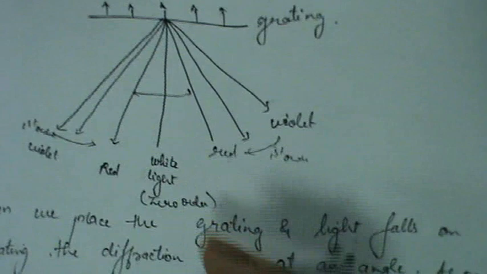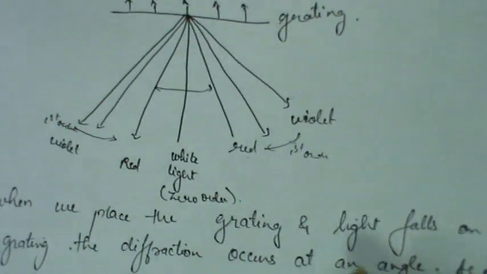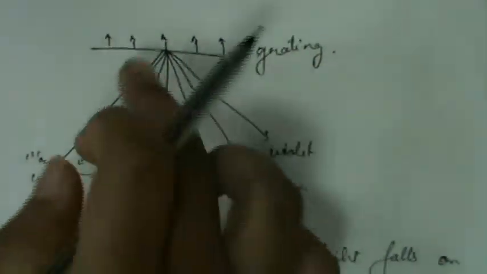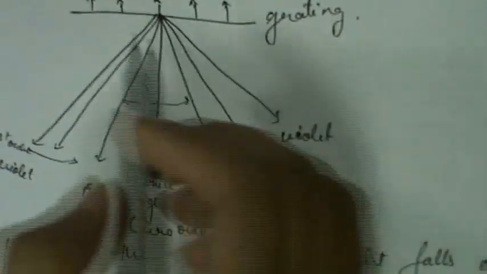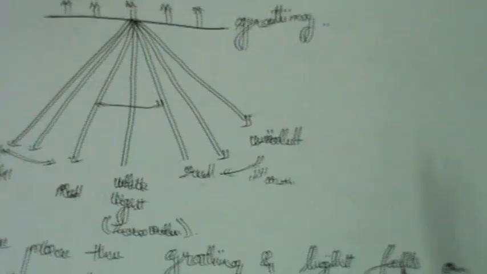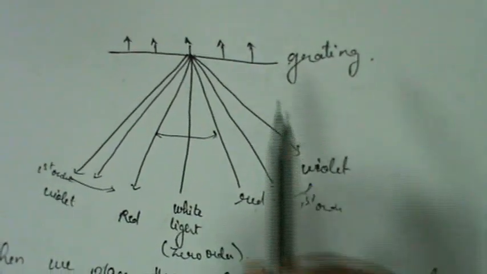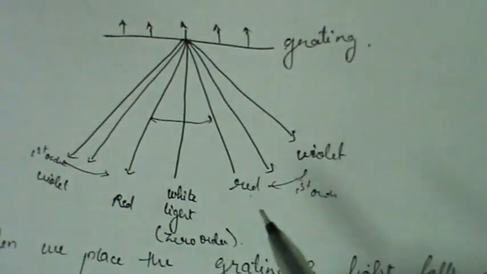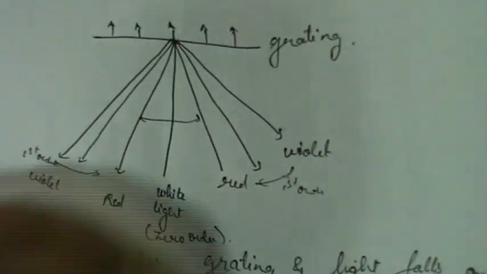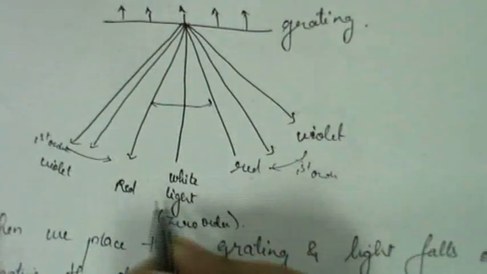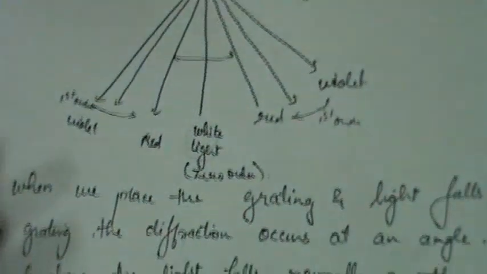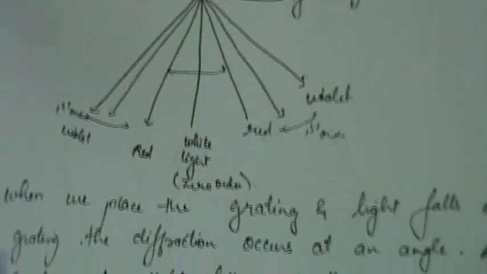Now what happens over here, when we place the grating on the holder and light falls on the grating, the diffraction occurs at an angle. Now as you can see in the figure, light falls normally on the slit and different order of images are formed. Initially when we see through the telescope, we'll have only this part, that is we are getting only